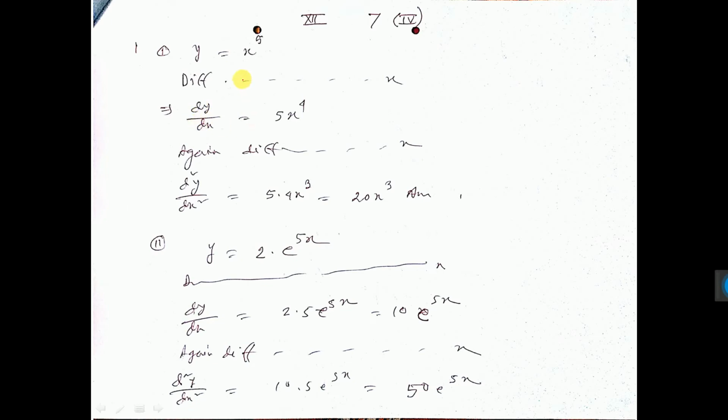you know dy/dx, the x to the power n formula: n into x to the power n minus 1, that is 5 into x to the power 5 minus 1, that is 4. This differentiation, you know, is called first order differentiation. And second order differentiation, you see I have directly started, nothing I explain, because second order differentiation is after doing first order, once again you differentiate.